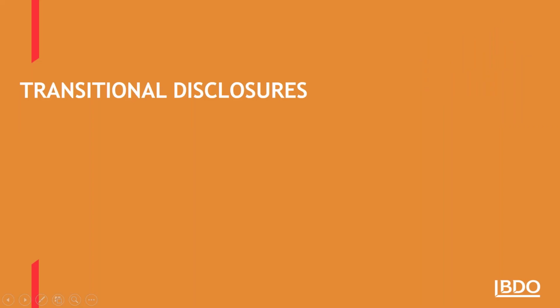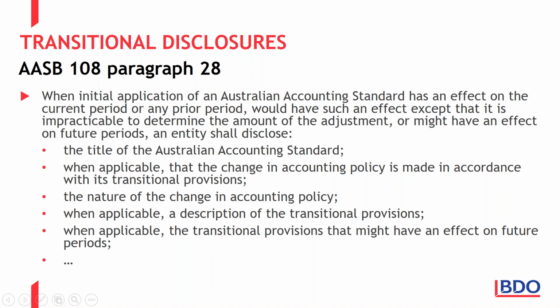The next area that I want to look at from a disclosure perspective is transitional disclosures. Now, this would be when you first adopt IFRS 16, there will be new disclosure requirements in IFRS 16 of an ongoing nature, but obviously there will also be transitional disclosures. Where do they come from? They come from AASB 108 again, paragraph 28, which says when